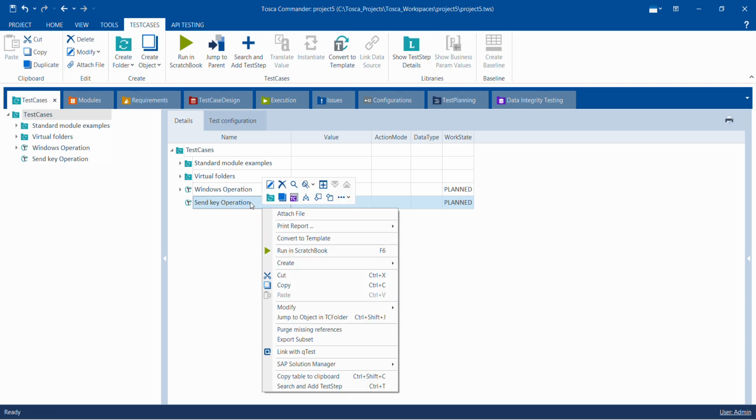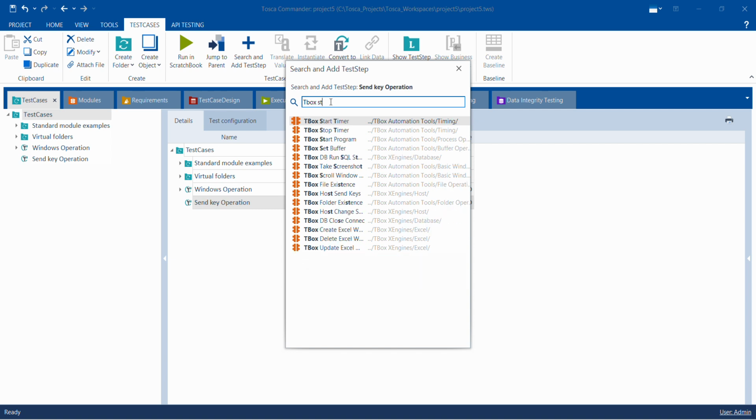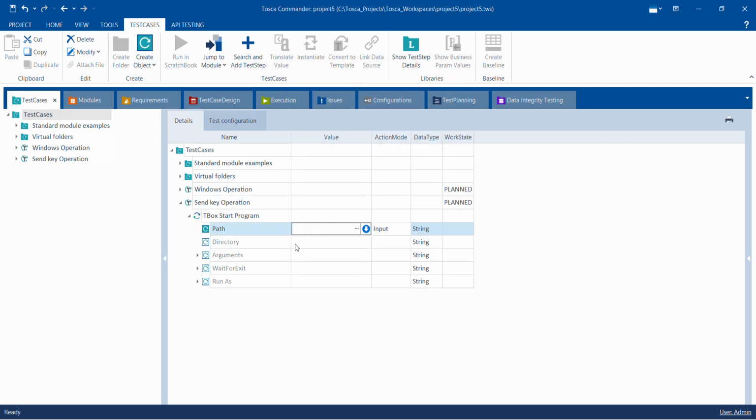For opening the applications, as I said in the starting, there's a TBox Start Program. I'm going to add this, and similar to what I did in the Windows operation,